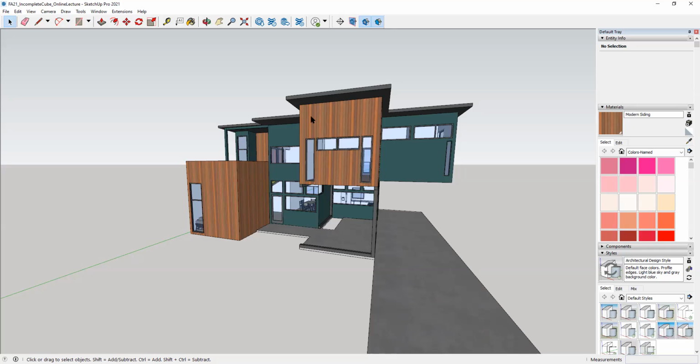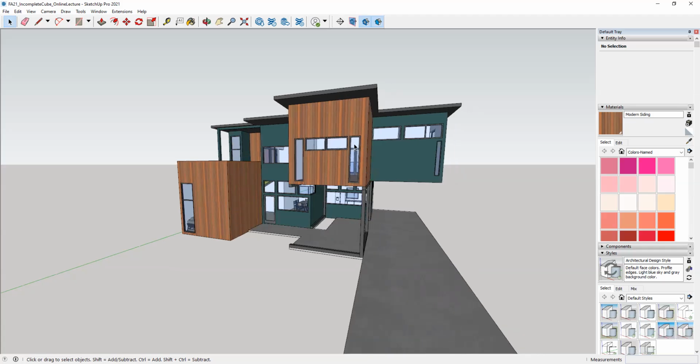Okay. So some of these steps that we're going to be covering, I'll do my best to explain why we're doing them, but a lot of it may not make sense until we get into SketchUp Layout, because a lot of the things that we're working on are going to set us up to make the process in SketchUp Layout a little bit easier. Okay. So the very first step